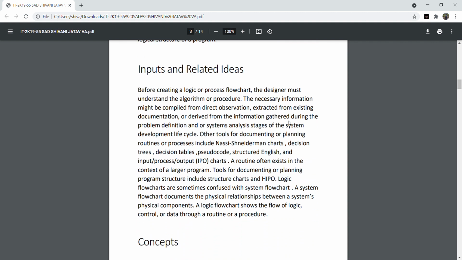Inputs and related ideas. Before creating a logic or process flowchart, the designer must understand the algorithm or procedure. The necessary information might be compiled from direct observation, extracted from existing documentation, or derived from the information gathered during the problem definition and or systems analysis stages of the system development life cycle. Other tools for documenting or planning subroutines or processes include Nassi-Shneiderman charts,